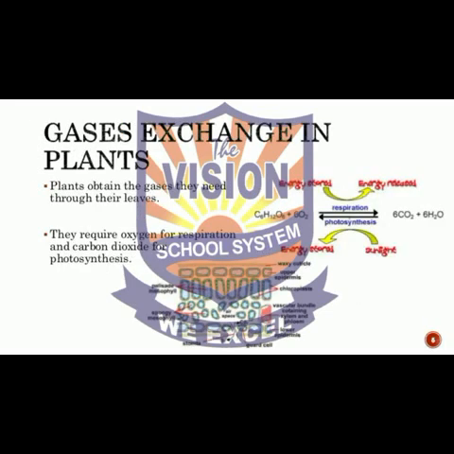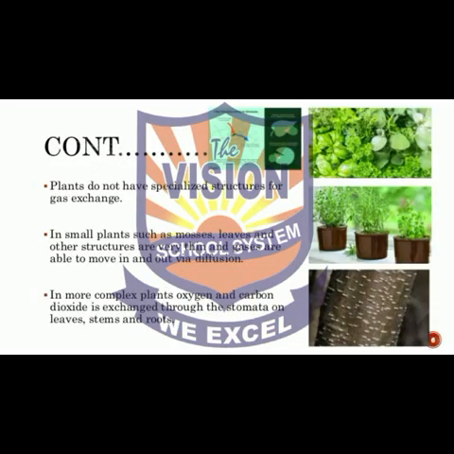Now, plants obtain the gases they need through their leaves. They require oxygen for respiration and carbon dioxide for photosynthesis. Plants do not have specialized structures for gaseous exchange. In small plants such as mosses, leaves and other structures are very thin and gases are able to move in and out via diffusion. In more complex plants, oxygen and carbon dioxide are exchanged through the stomata on leaves, stems